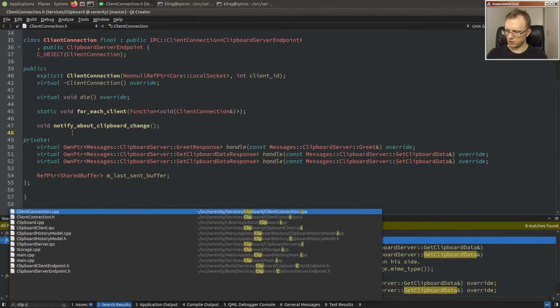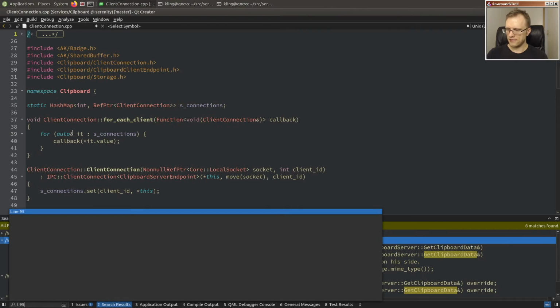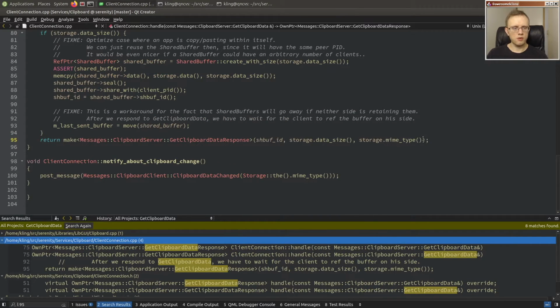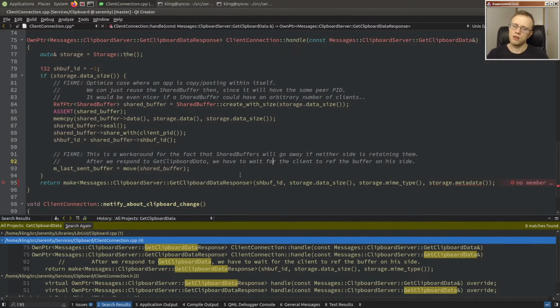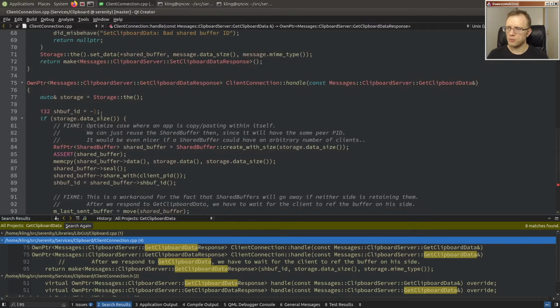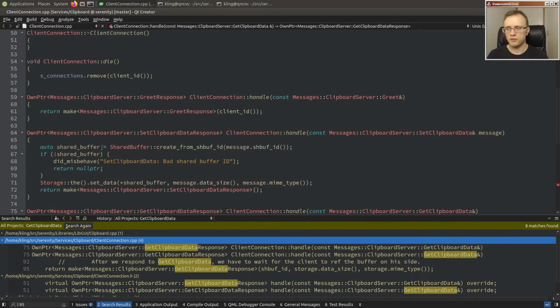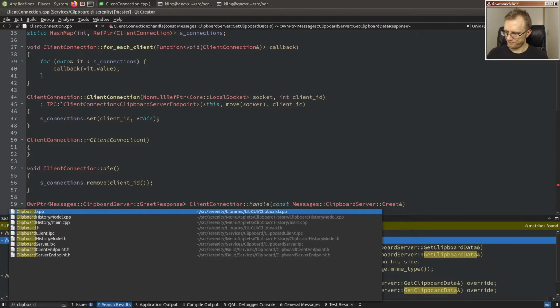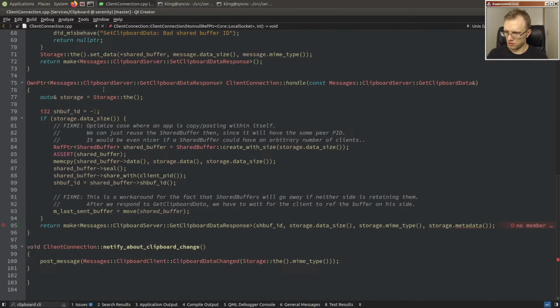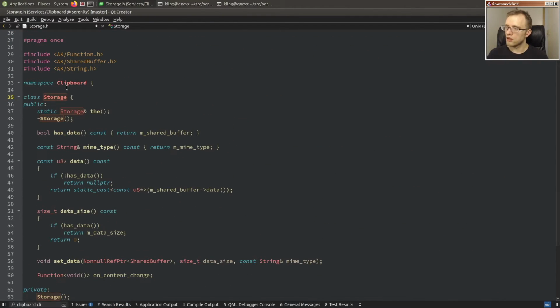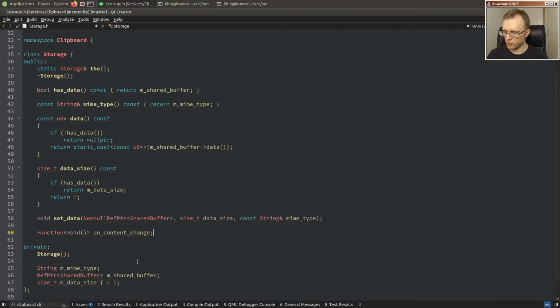Client connection. Clipboard, client connection. Oh, here, right. We have to include the storage metadata as well when we are responding to a clipboard data response. So now we're in the clipboard server. And where's the storage? This is the storage inside the clipboard server. So currently it only stores the MIME type, a shared buffer, and the actual data size of what's in the shared buffer. So now we'll just add here